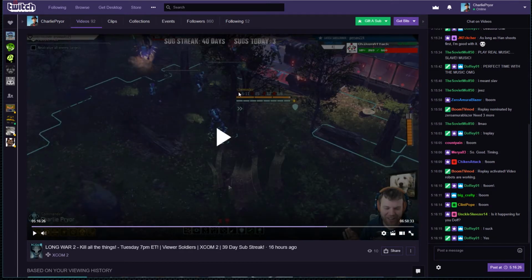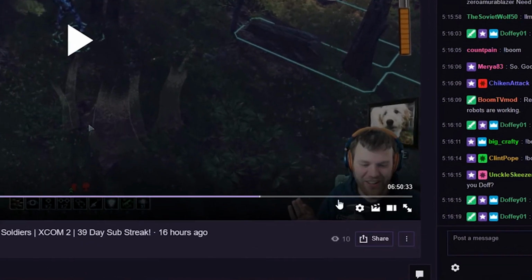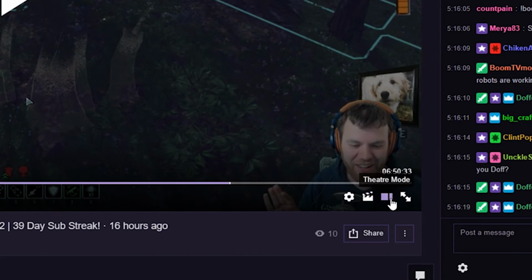So let's talk about how to properly clip something and how many options you have in customizing how your clips are. So I'm going to go down to this little tooltip area here. You can see it right next to theater mode. And a lot of times you guys are actually clicking this button when you mean to click theater mode. And I think this is a lot of times the reason why there are so many junk clips in my inventory there.